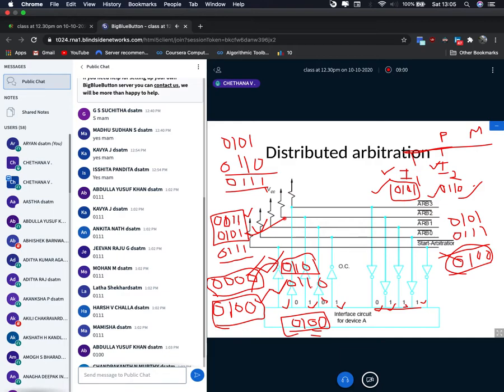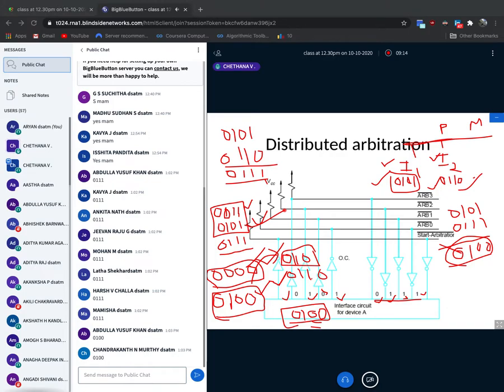That's all. Here what I'm going to do is the voting process. Voting process means whoever wants the bus ownership, both of them should fight here. Then only they will get the ownership. But in the previous centralized approach, no need to worry. The first device will be the processor, and he will be the one who will award the bus ownership. Very simple. That is what distributed means.